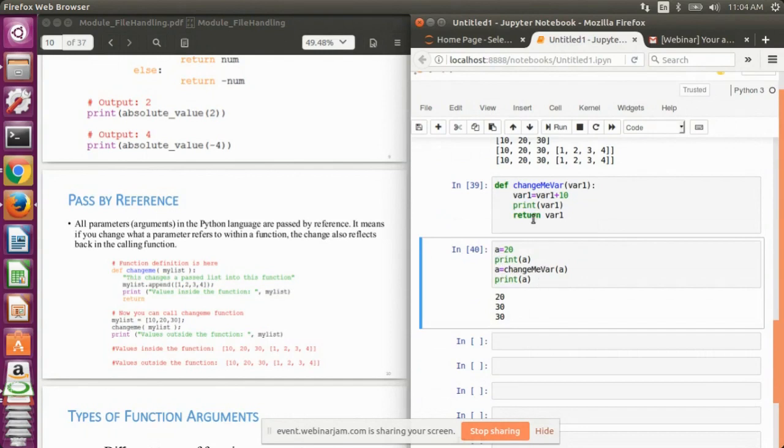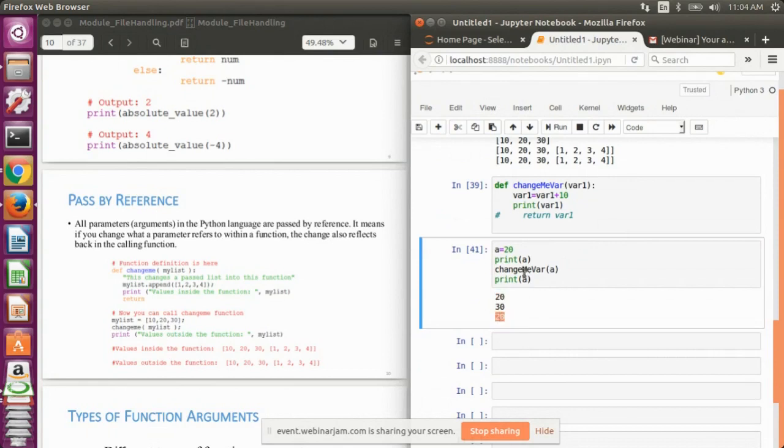Now suppose I skip this, skip the return statement, fine. So here, if I do this, what should be the expected value of a outside the function? If I run this, you will see outside the function the value of a is still 20.